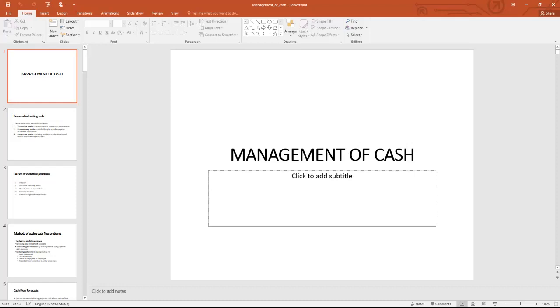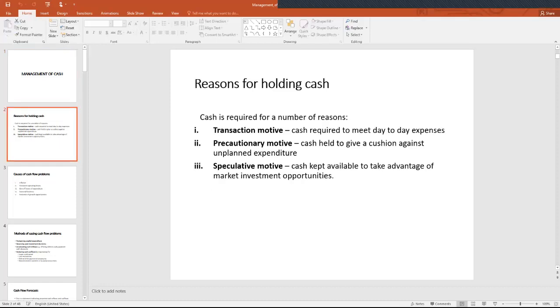To begin with, why do we need cash? Why does the company hold cash? One of the reasons is definitely so that they can pay for transactions. If you have suppliers' money due today, can you pay them? You can only pay your suppliers if you have the money at hand today, otherwise you can't pay them. It is to pay for transactions that are maturing, and to pay for day-to-day expenses.